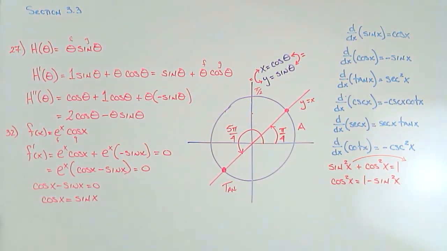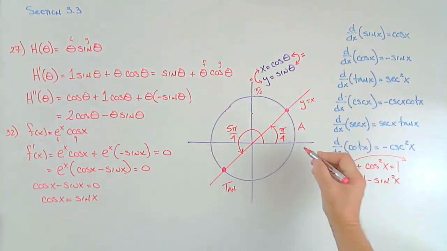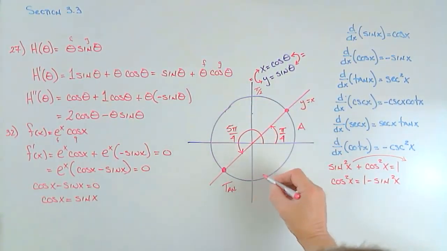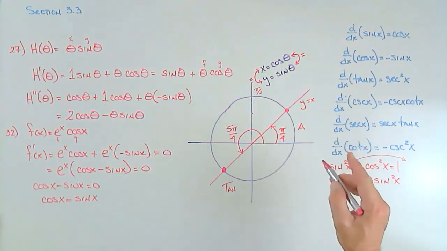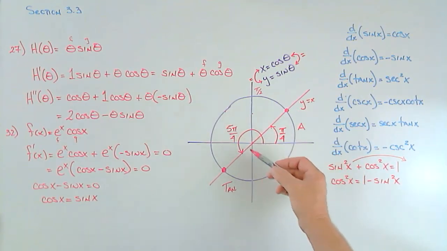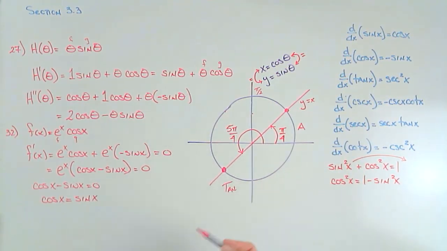So we need to be able to write this down, right? They don't want to know when it happens in one rotation, because that's what we've done. We said, well, if you start at 0 and you circle around and go all the way to 2 pi, you're going to have this happen twice. You're going to have it happen at pi over 4 and 5 pi over 4. So we would say x equals pi over 4 or x equals 5 pi over 4. But unfortunately, that's not the only answers,